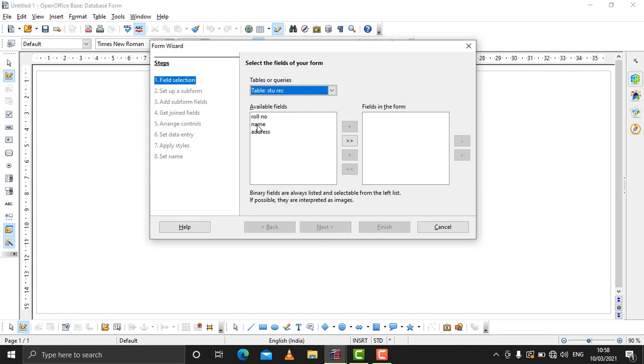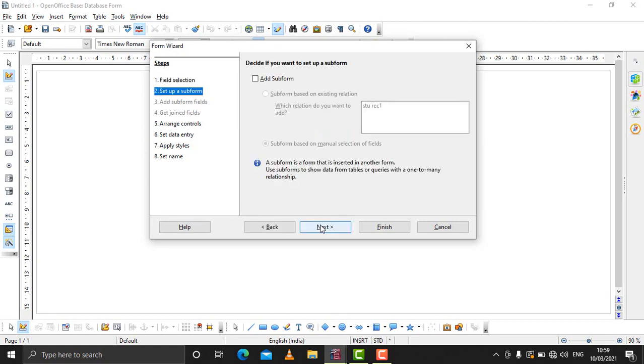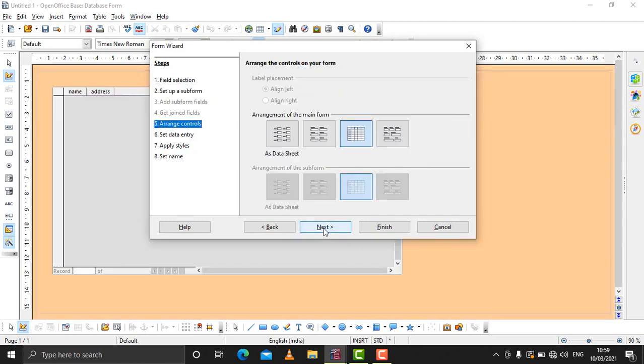Either you can select all or you can select a few, depends on your choice. Say for example, I'll take two, name and address. So click on name, click on the first one, click on address, click on this. So you got two. If you want, you can select all, and click on next, and then click on next.